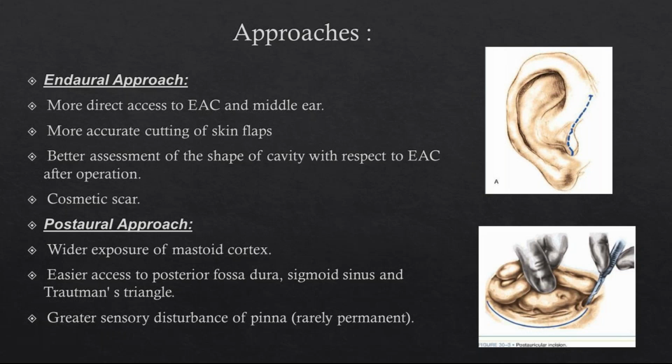So endoral, the incision is called as the Lambert incision. There are two components of Lambert incision. One is the horizontal component and a vertical component. Now here you are seeing this is the horizontal component. The horizontal component starts about 1 centimeter from the outer edge of the external auditory canal. So roughly just medial to the bony cartilaginous junction, you give an incision from 12 o'clock to 6 o'clock,